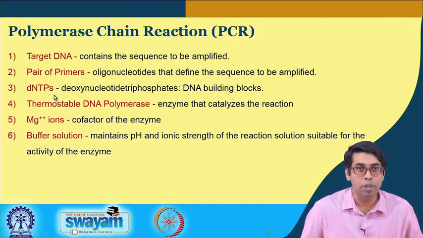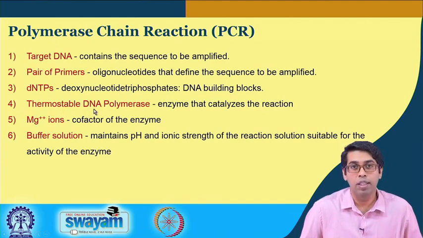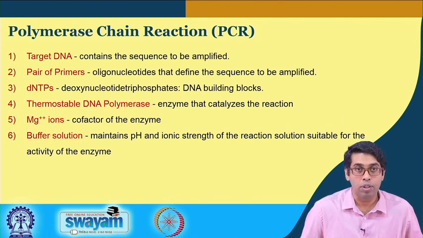We need dNTPs because we are going to amplify the gene. So, the monomers of a DNA are dNTPs. So, you have all the 4 nucleotides. What we need is a DNA polymerase, but this is a special DNA polymerase because it is thermostable. Because what you will see is that we are going to mix all of this together in a test tube and then heat them and cool them repeatedly. So, we are going to heat them up to 95 degrees centigrade and then cool them down to 50 or 55 degrees centigrade, and then we will keep on repeating this cycle.